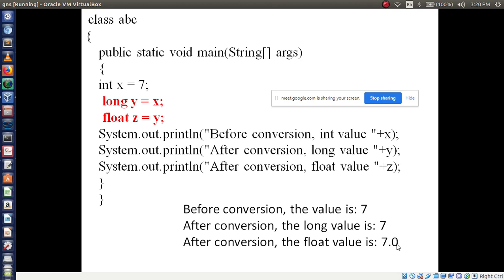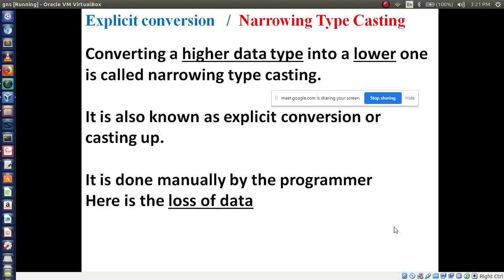Is it clear? Any doubts in this concept? Yes, okay. Now the next one is explicit conversion, or we can say narrowing type casting. Narrowing or explicit or manual conversion.